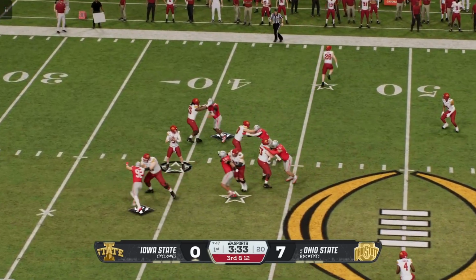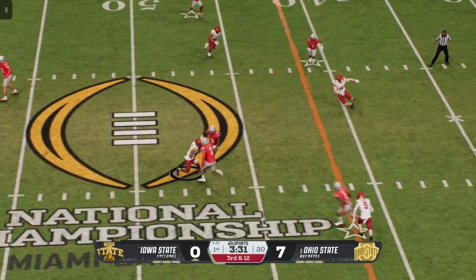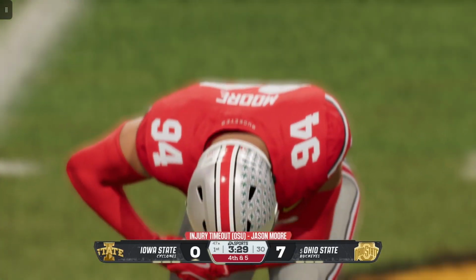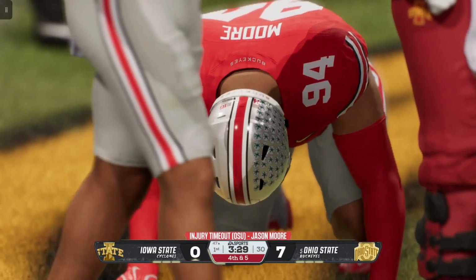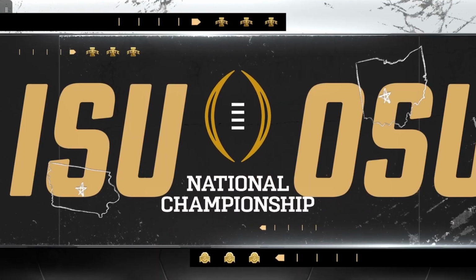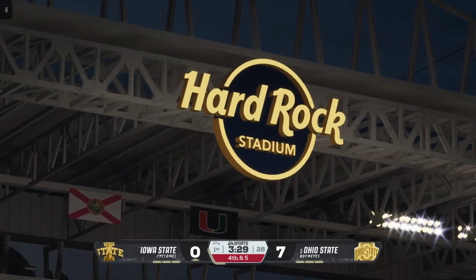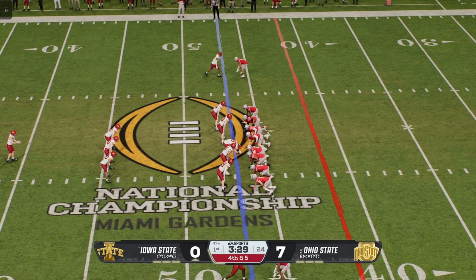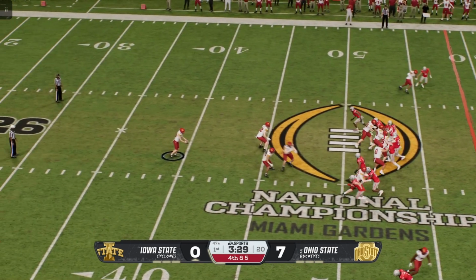Dropping back, it's Becht. Defense is coming after him. Grab down the middle, it's Townsend. The defense will wrap him up after about a 6-yard gain. Not enough for the first. It's 4th down. And the player is down injured after that last play. We'll take a timeout while they check him out. The Cyclones will bring their punt team on the field now. And he'll kick it away now for the 2nd time.